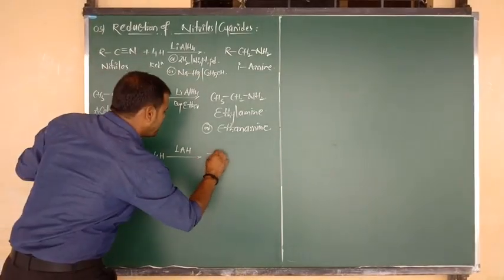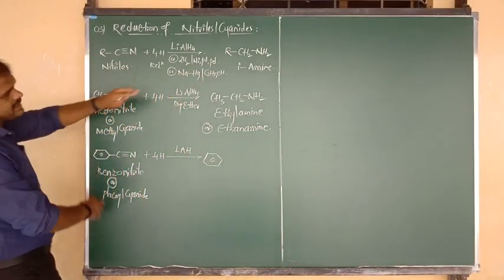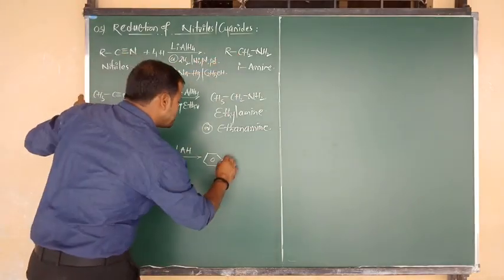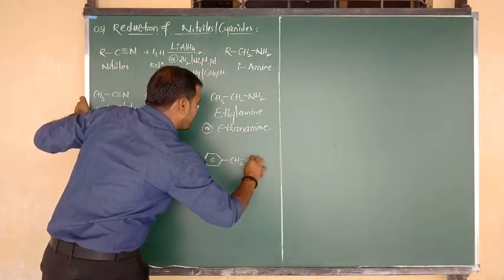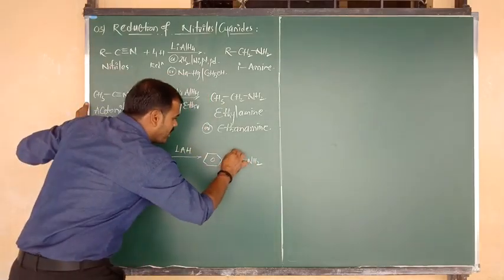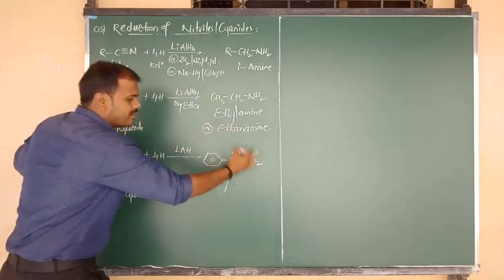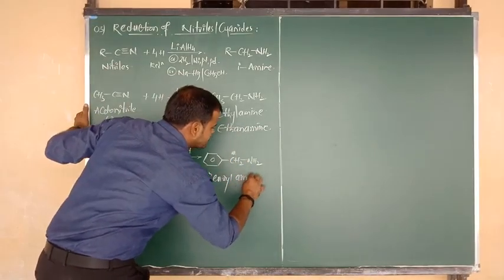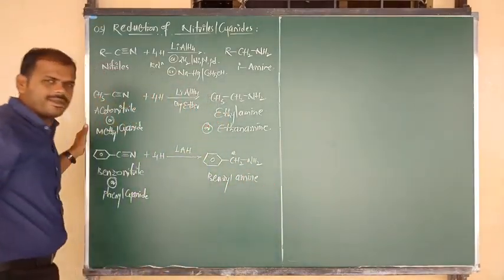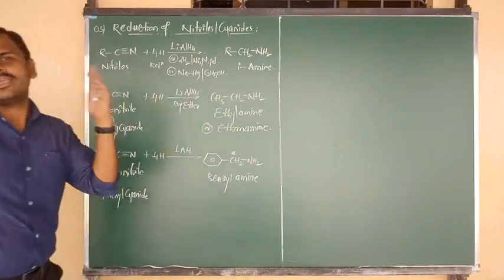Yes, same thing here. In the place of R, benzene is there. CN changes into what form? CH2NH2. So this is not aniline. Here benzene is connected to another carbon. This is called benzyl. Benzyl carbon is connected to amine. So the name of this product is benzylamine, or we can say phenylmethanamine. That is the IUPAC name.